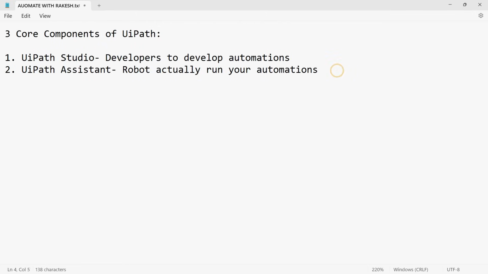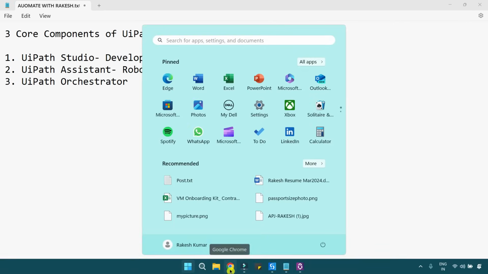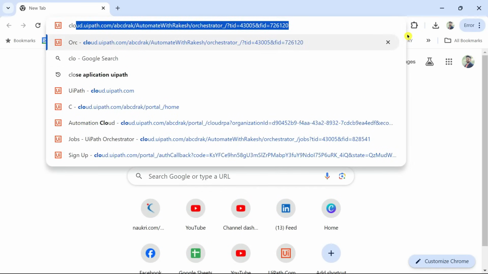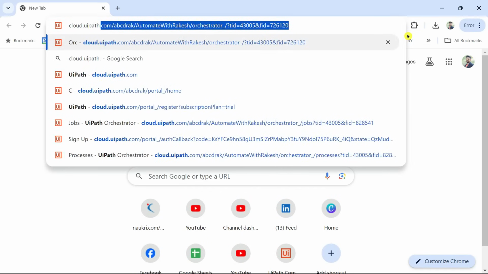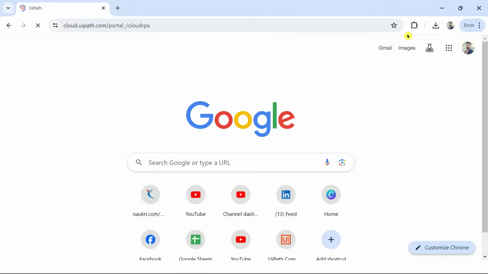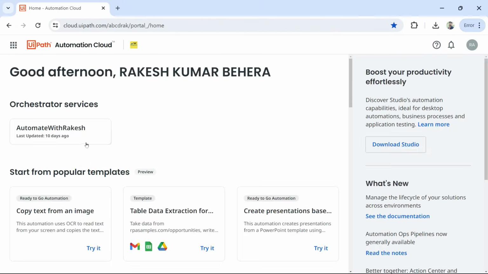The third important component is UiPath Orchestrator. Now, how do you log in to UiPath Orchestrator? You have seen we downloaded UiPath Studio from there. So let's go back to that and simply type cloud.uipath.com, hit enter. It will automatically understand that you have already signed in, and it will take you to that page where you